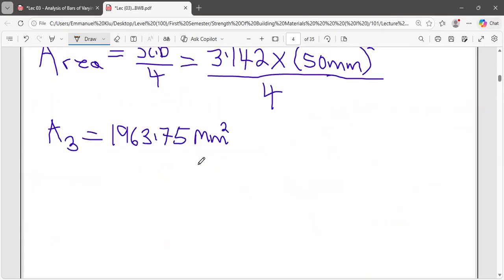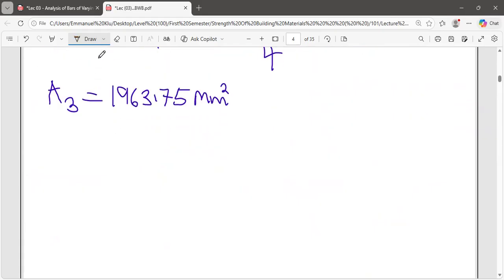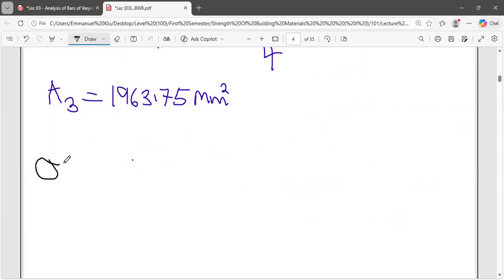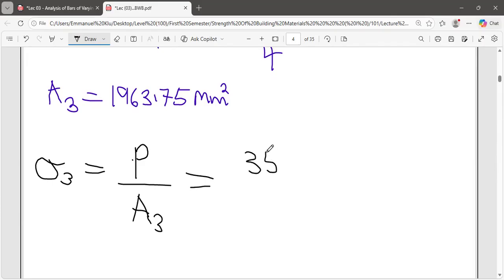After we had 19.6375 millimeters squared, we can just calculate for our stress. Finally, we say that our stress in section 3 is equal to the load P over the A3, but not just any A. So now we can say that the P, which is 35,000 Newton, we maintain it. 35,000 Newton all over